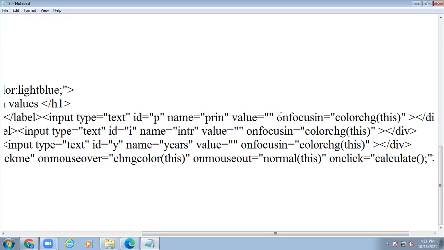In the text box, we don't want to display any information. Just within the double quotations, nothing we have to write. Okay, clear? Then I want to use the mouse events in this program. So what are the mouse events you generally have to use? Click, on click, mouse over, focus in, mouse out. So these are the number of events that occur while moving the mouse or pressing a key.